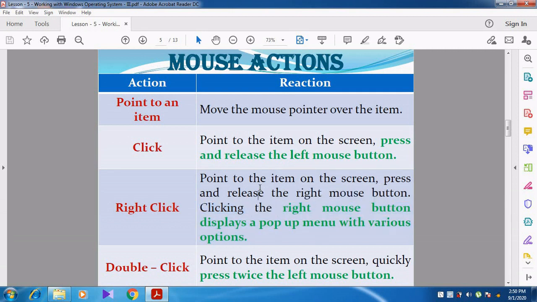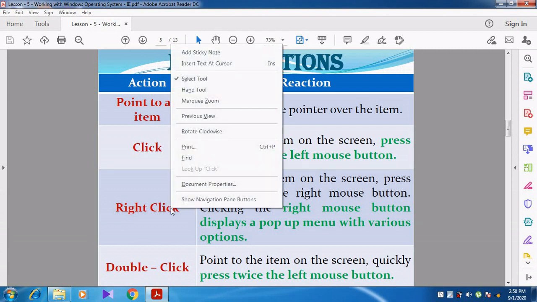When I right click here, you can see this menu. This menu is called a pop-up menu. Whenever you right click on any place, any file, folder or application, the action is right click and the reaction is that a pop-up menu will appear. For this we use the right mouse button.